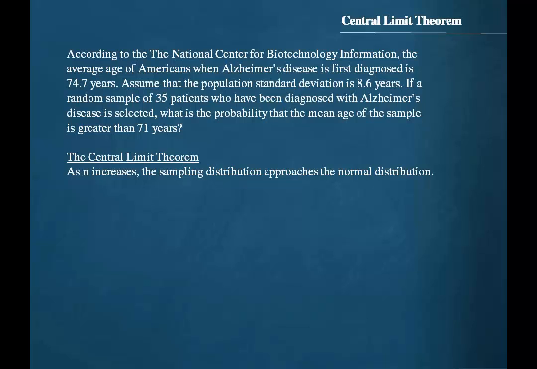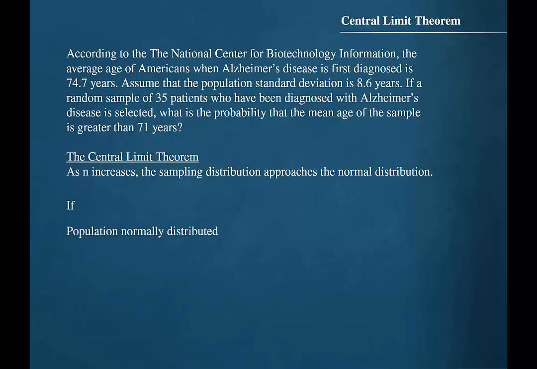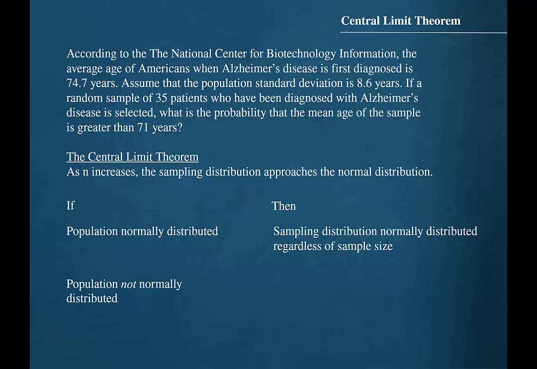The central limit theorem states that as the sample size increases without limit, the shape of the distribution of the sample means will approach a normal distribution. It is important to remember two things when using the central limit theorem. If the population is normally distributed, then the sampling distribution will be normally distributed regardless of sample size. If the population is not normally distributed, then the sampling distribution is approximately normally distributed if the sample size is at least 30. The sample size for this problem is 35, so we will use the normal distribution to find